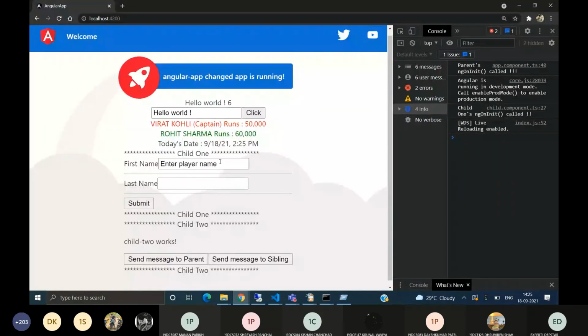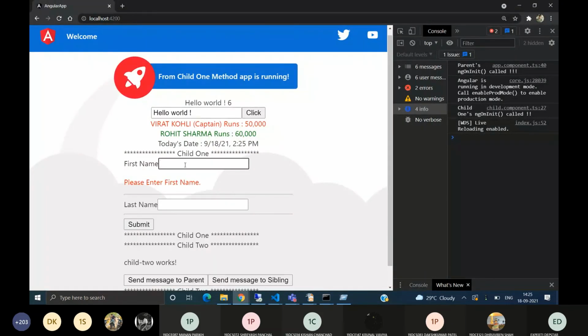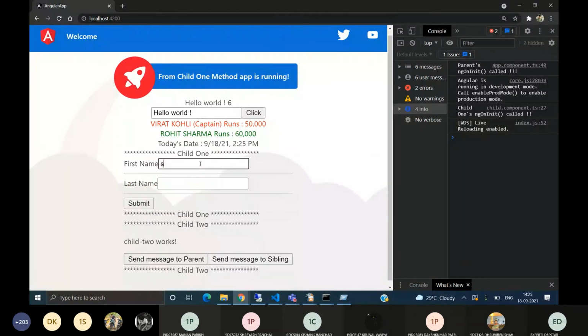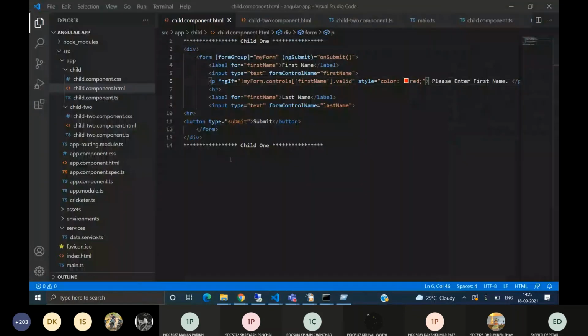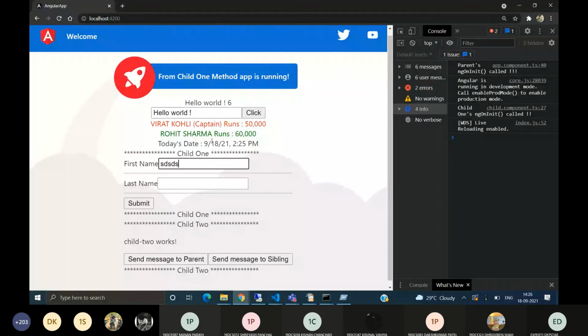So when I enter empty, this is responsive. As I write anything inside it, it is immediately two-way bound by default.